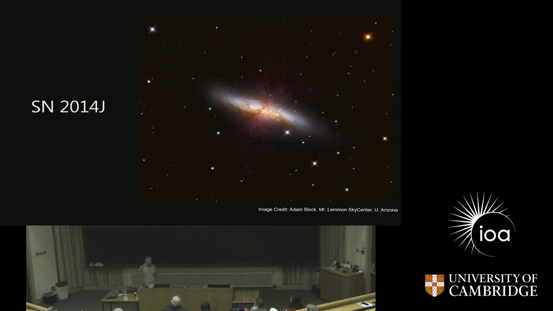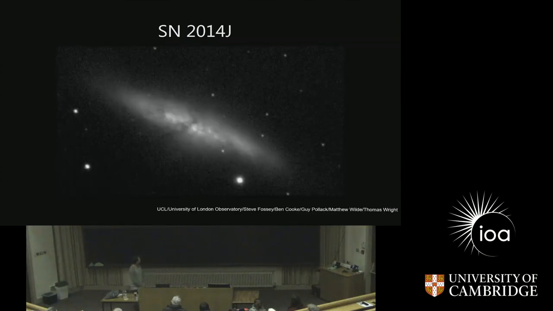And this is a nice story because it was detected during an undergraduate class at the University of London Observatory. So there was a bit of clear sky, and they took the opportunity to look at this galaxy, and they noticed that something is different. It seemed that there was something different. And they took an old picture of the galaxy and compared it and saw that there is something new. And this is an exploding star.